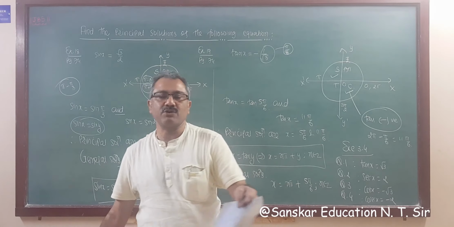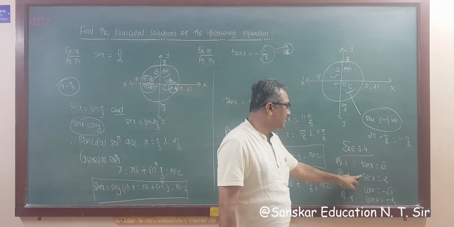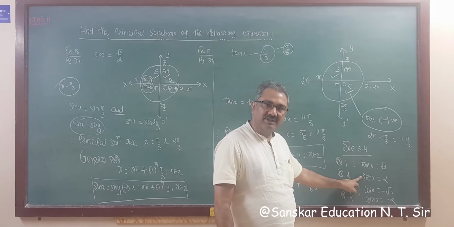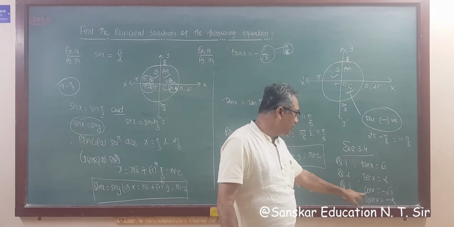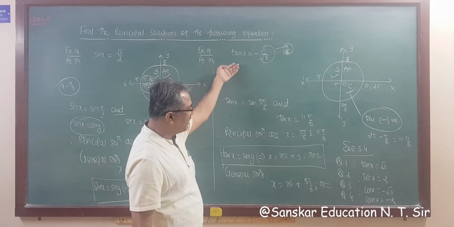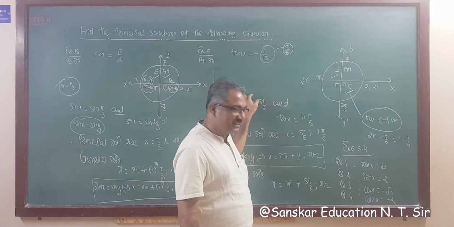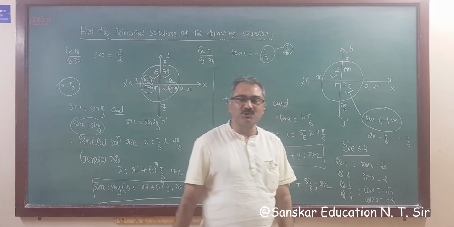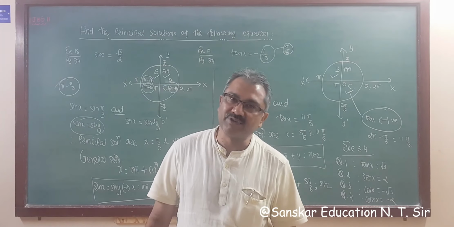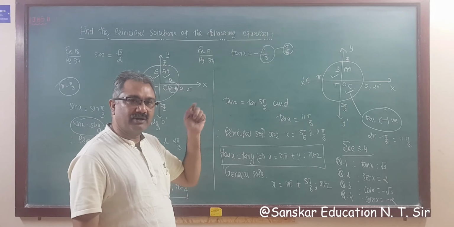You have only three solutions, sine, cos and tan. So don't worry about sec. It is 1 upon cos. So cos x is 1 upon 2. Tan x is minus 1 upon root 3. We did this here, so no need to explain more for this, right? And cosec is minus 2, that is sin x is minus 1 upon 2, right? So take according to this and solve yourself.